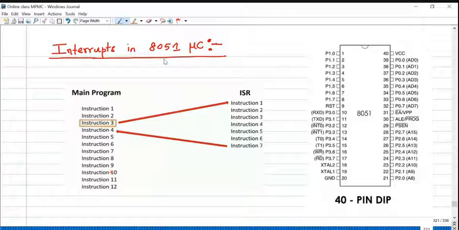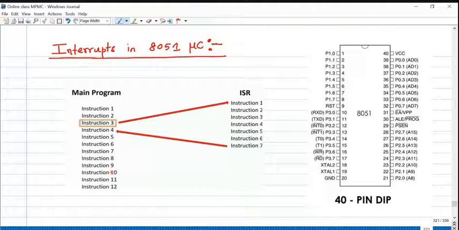A single microcontroller can serve several devices, right? More than one device may be connected with the microcontroller in a real-time application. So whenever any device needs the controller's service, it sends an interrupt signal to the microcontroller. Once the microcontroller receives the interrupt signal from the IO device, it starts executing a particular fixed program called the interrupt service routine. For each and every interrupt, there is a fixed address location. Once the interrupt service routine is completed, it starts executing the normal operation.